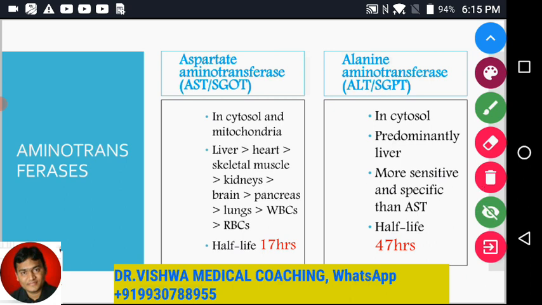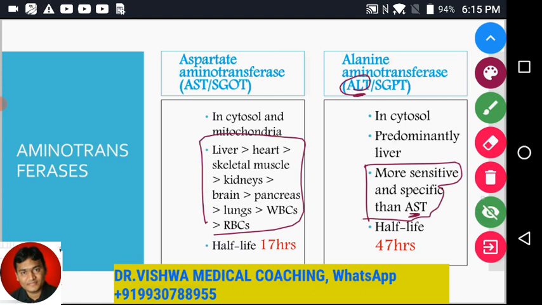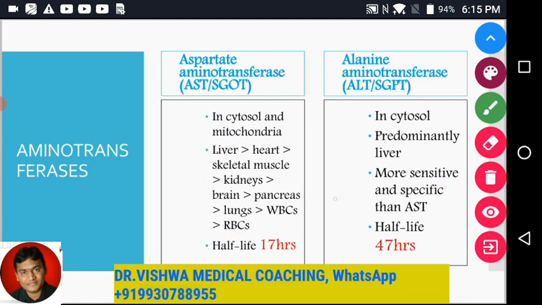This is more of a theoretical point, but the important point in case of this particular slide is that ALT, or alanine transaminase or aminotransferase, is more specific for liver, whereas AST can also be there in other disorders, other